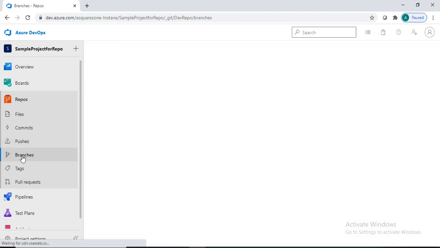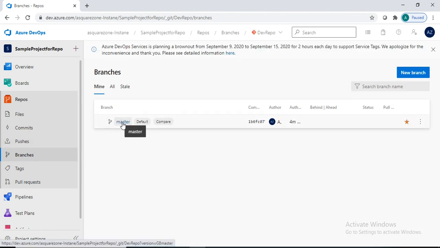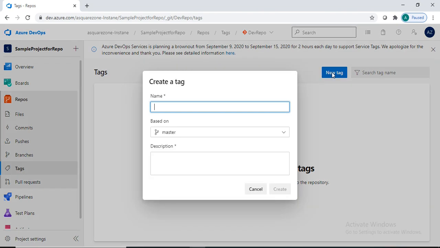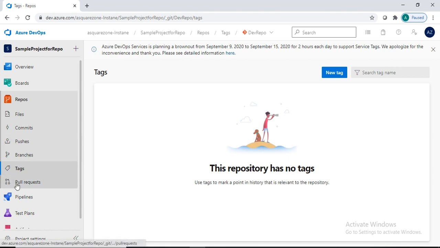Branches, as we have only one master branch, we will get only master here. As tags, we can get tags list. As of now, I did not create any tags, so it is showing here that this repository has no tags. By clicking new tag, we can create tags.